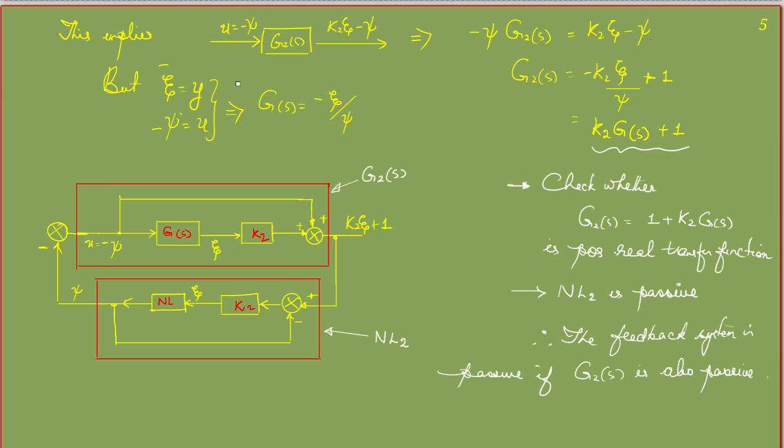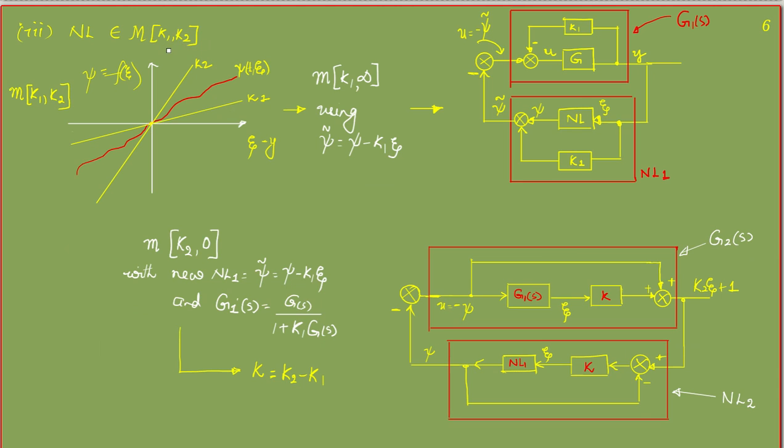Now we have the next one, which is lying between K1 and K2. In order to see for K1 and K2, first we will shift this axis, this xi comma t comma zeta, to K1. First we will shift it to K1, so I will have this xi of t comma zeta and shift it to K1 to infinity. Check for the K1 to infinity sector, and then in order to move from K1 to infinity sector,